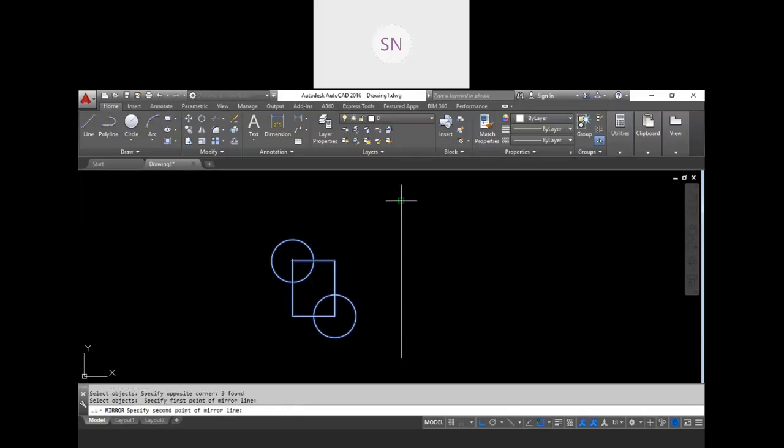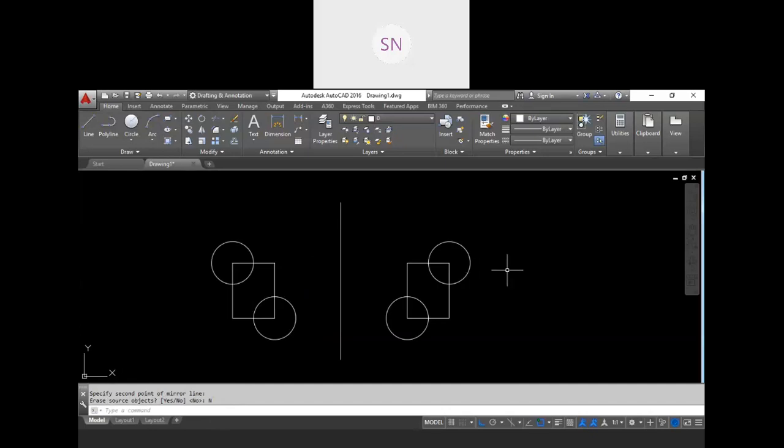So this is my first point and this is my second point. So here we have mirror, but one more question over here, erase source object, that means this main body you want to erase. So if you type yes over here, then this will be removed. Let's say no. So here we have both the geometry, right? So this is our mirror tool.